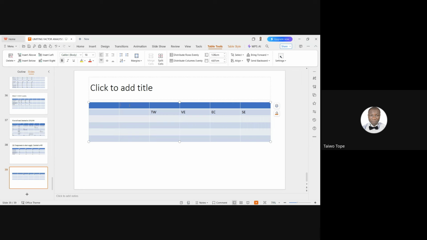So let me say this is components, and let me match this and say this is products. Now the production, so for special order,